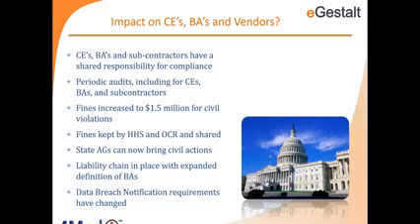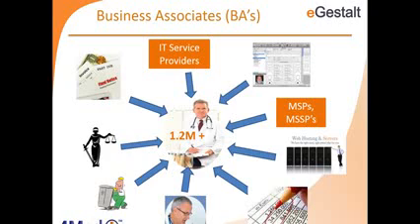And so this means that there's a liability chain that extends from covered entities to business associates to subcontractors and vendors that are part of the whole PHI information sharing process. And so this has also implications in terms of what a covered entity or a BA or a vendor needs to do once a breach happens. They need to put together some breach notification mechanisms in place to ensure that they are reporting the incident to the right agency.